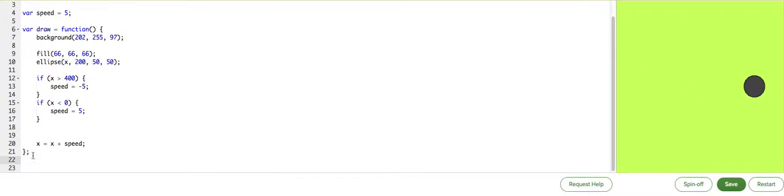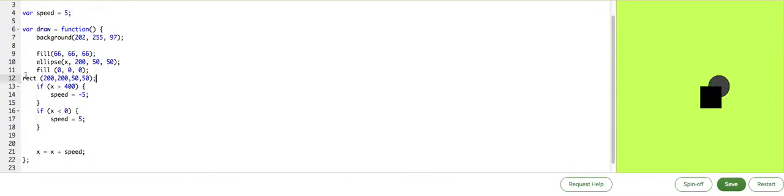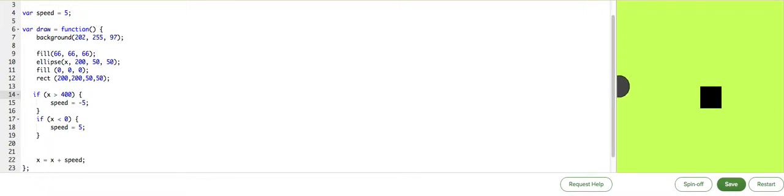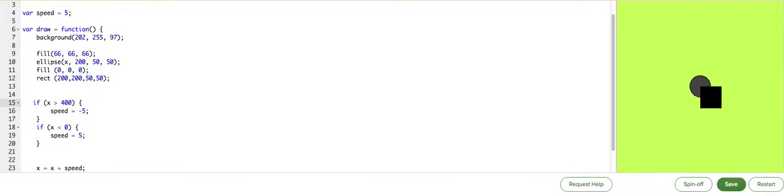Command X, Command V. So you see here, we have this, this, and this. So we have a rectangle there. It's nothing special, but if we